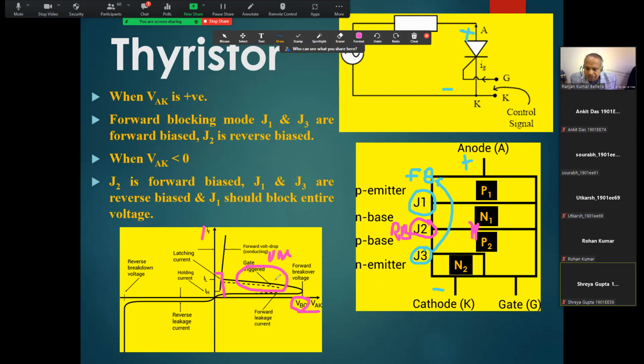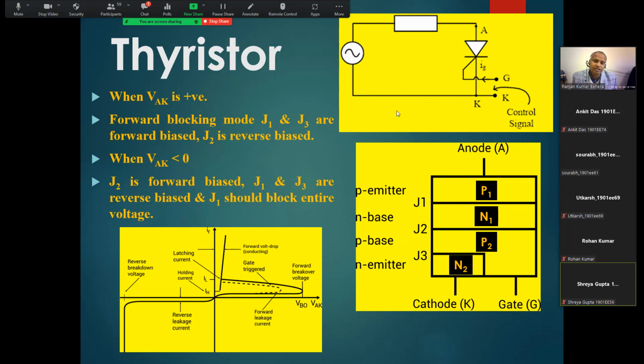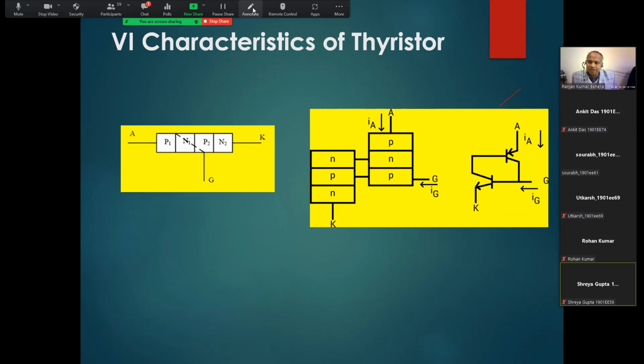This is the unstable region, and as soon as it turns on according to the load current, the thyristor will switch to a current which is above the latching current, which we will discuss in the next slide. We will divide the complete structure, and with the two-transistor model we will try to analyze the VI curve. So what we did, we just divided this into a PNP transistor and an NPN transistor.